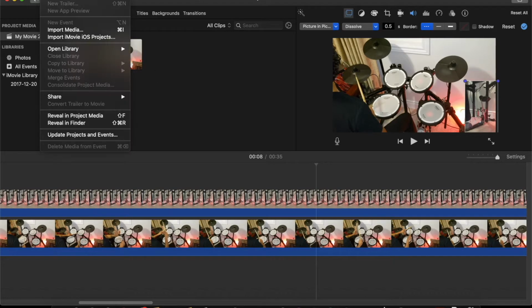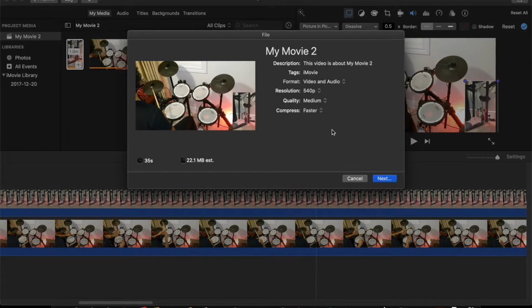So let's save it. I'll say file, share, file, and you can select different resolutions and different qualities. Best is like big files, so if you're running low on storage, just keep in mind that it's going to be eating up a lot of storage. Or you can use custom megabytes per second for the video. And I usually use the better quality for compression. Just for the example here, I'm just keeping it simple. Let's keep it medium. Select next,